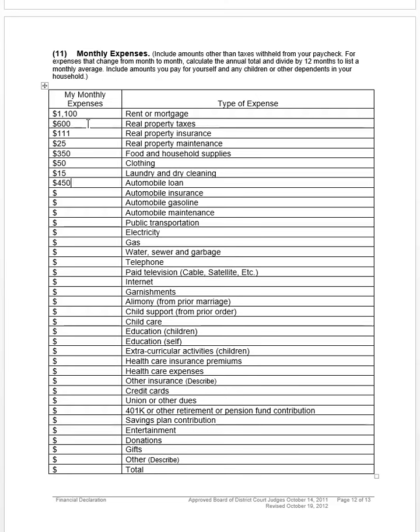I am not telling you which one you should do, but I tend to say that if you don't have an automobile loan now, you shouldn't state that you do. You shouldn't claim that you've got one in the future when you don't have one now. Put down 0. If you were to say that your car really is falling apart, and you really were just days or weeks or months away from getting a new car, and you know what that's going to be, and you know what you can afford, and you know it's $450, I would put down $450, and I would say